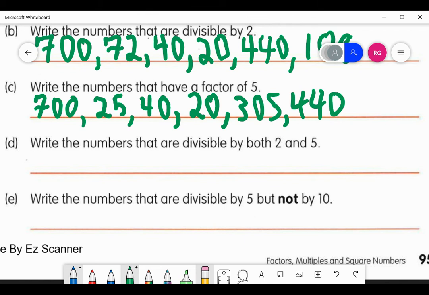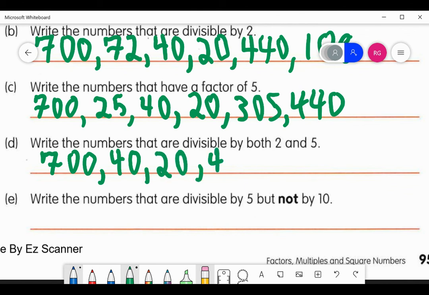Okay. It says to write the numbers that are divisible by both 2 and 5. We should say 700, 40, 20, and 440. And the last one there says to write the numbers that are divisible by 5, but not